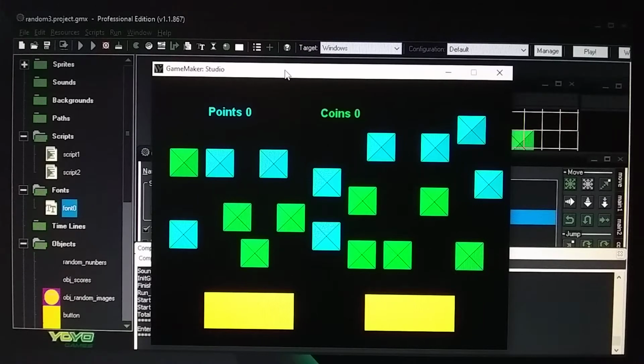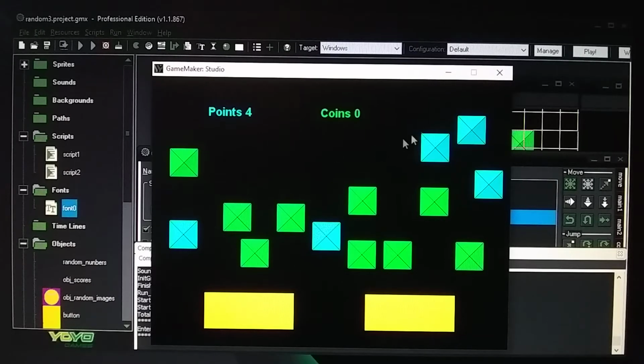Okay, in this video I'm talking about how to gain points or coins by clicking on the boxes here, the blue or green boxes, or by the button. So when you collect, you gain a point, and then once you reach 5, you go to the next room. But let me show you with the green, collect,